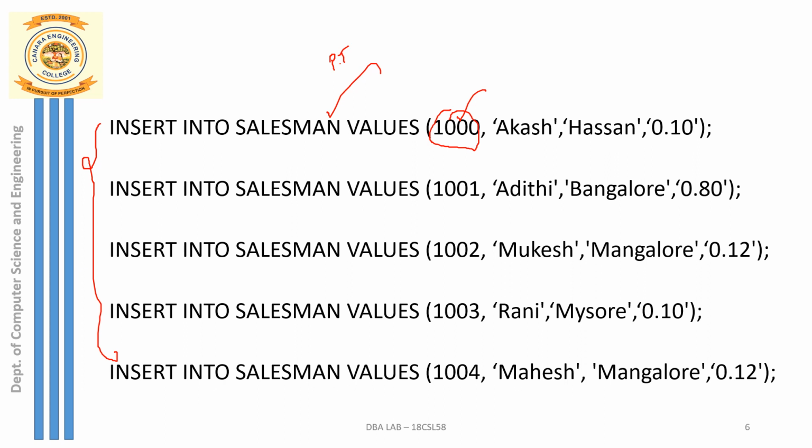Here the first attribute is salesman ID, the second is salesman name, the third is the city where the salesman belongs, and the fourth is the commission of the salesman. When you're entering the values, you maintain this order of attributes. It's very important. You cannot mix the attribute order. You cannot have salesman ID first, then city, then name and then commission. No, not possible. The order in which you create the table is the order in which you enter the attributes, so you have to follow that while creating the table. I hope this is clear.